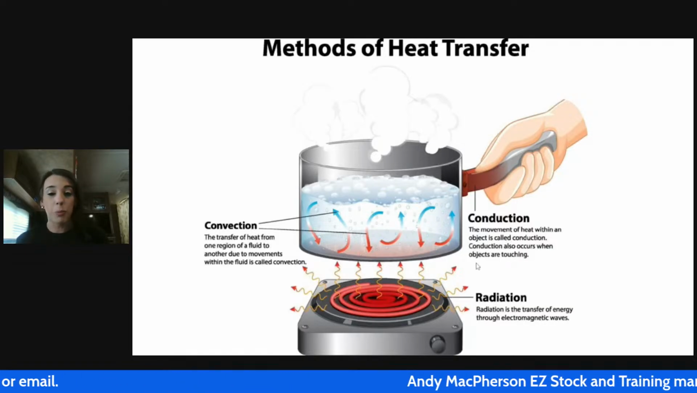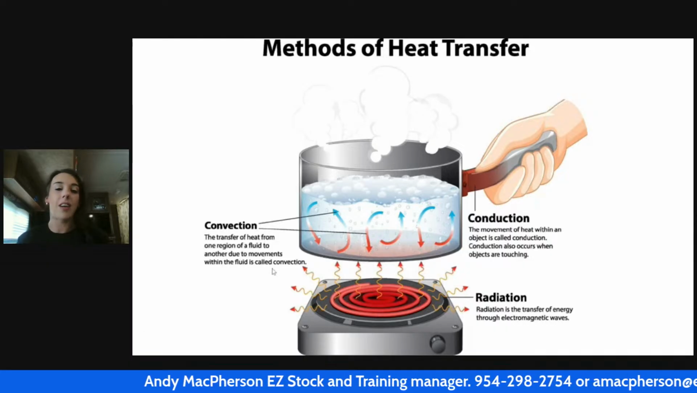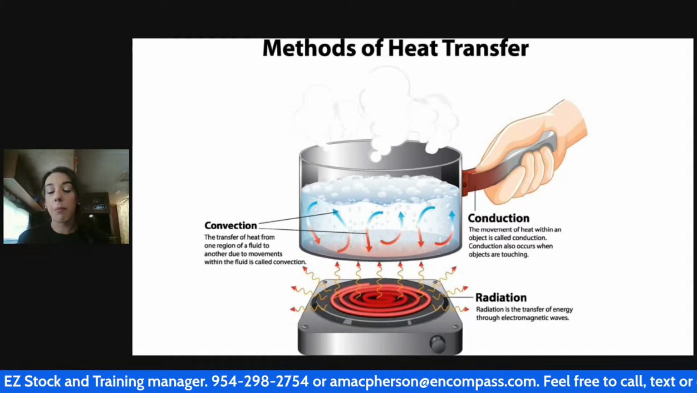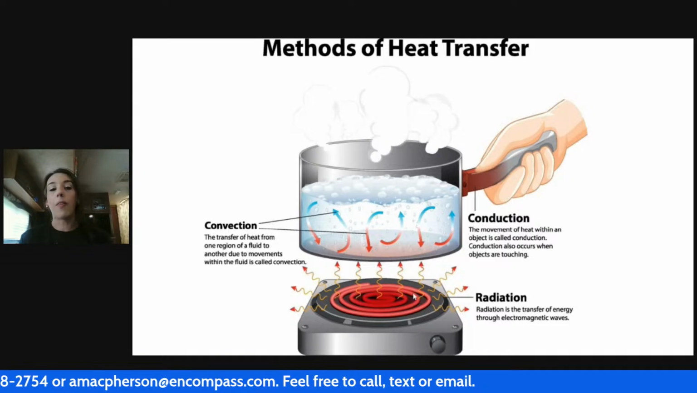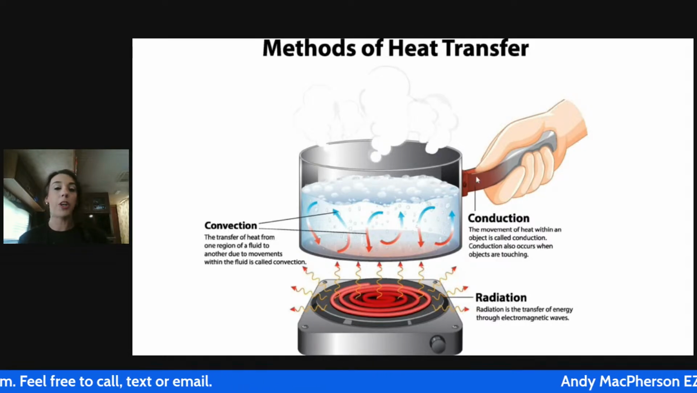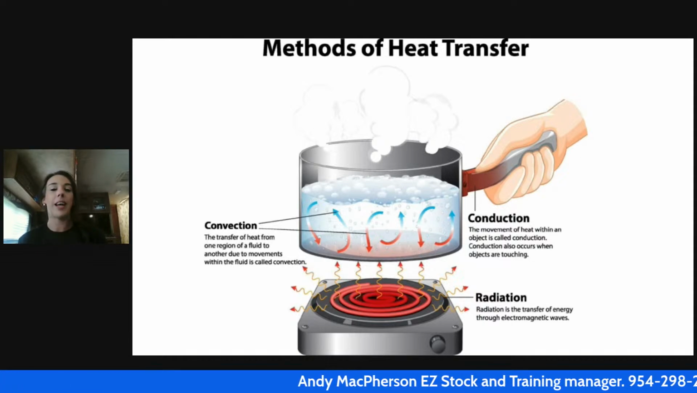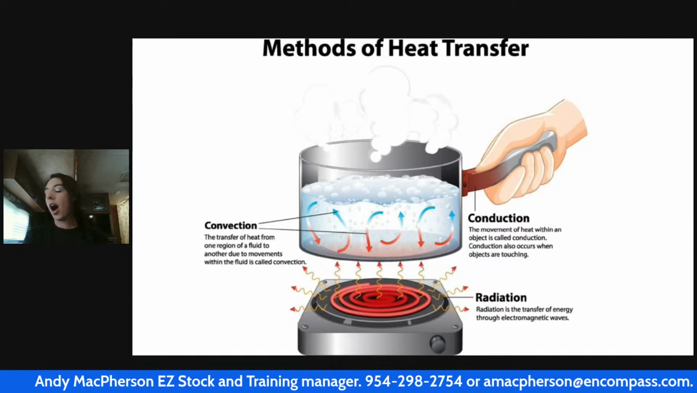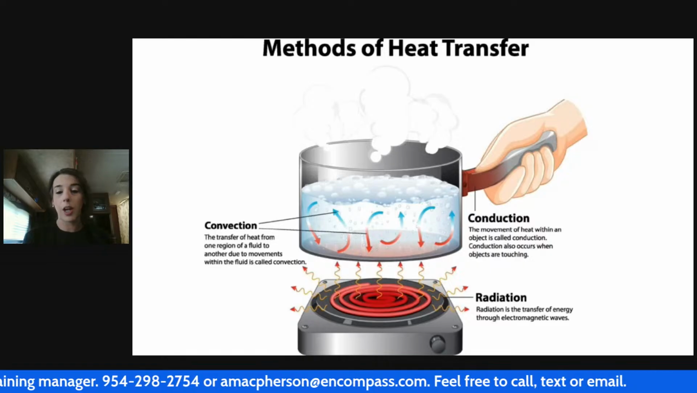Conduction. The movement of heat within an object is called conduction. Conduction also occurs when objects are touching. So if this pot is on top of this burner, it's definitely going to have some conduction. Even more so when the pot is hot, and this is the best example, when the pot is hot and it touches the water, that is conduction heat. When your handle gets hot because the pot is hot, that's conduction heat. It happens when two things touch. So if you grab your hot cup of coffee off the table and your hand is cooler than the coffee,